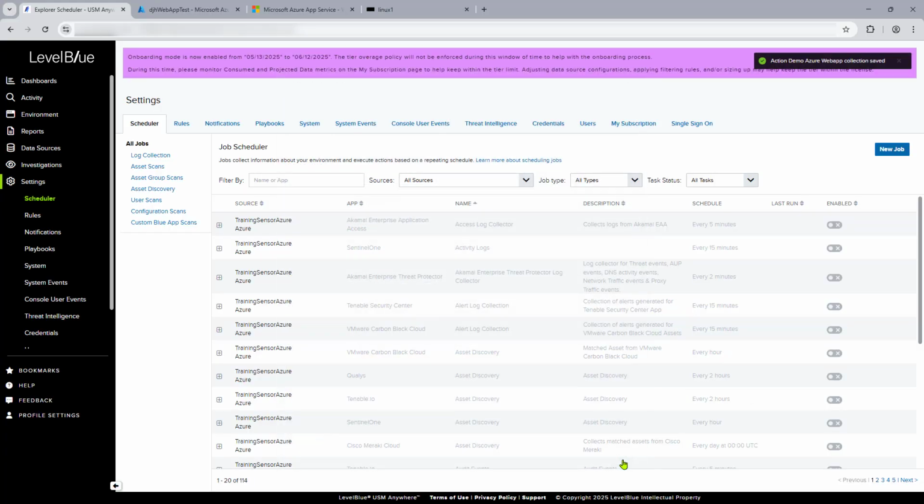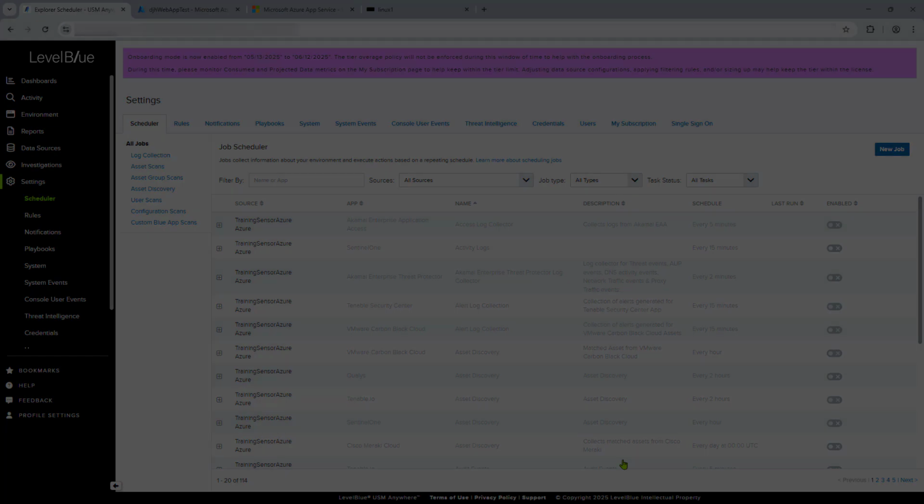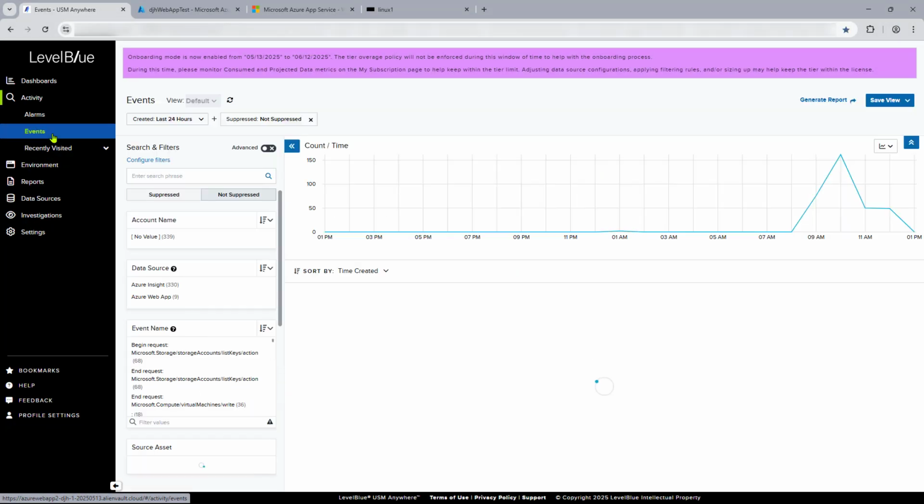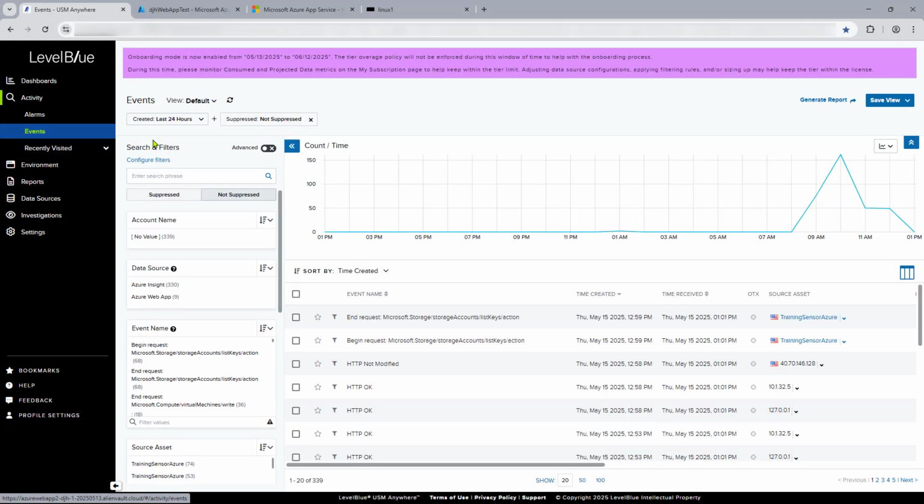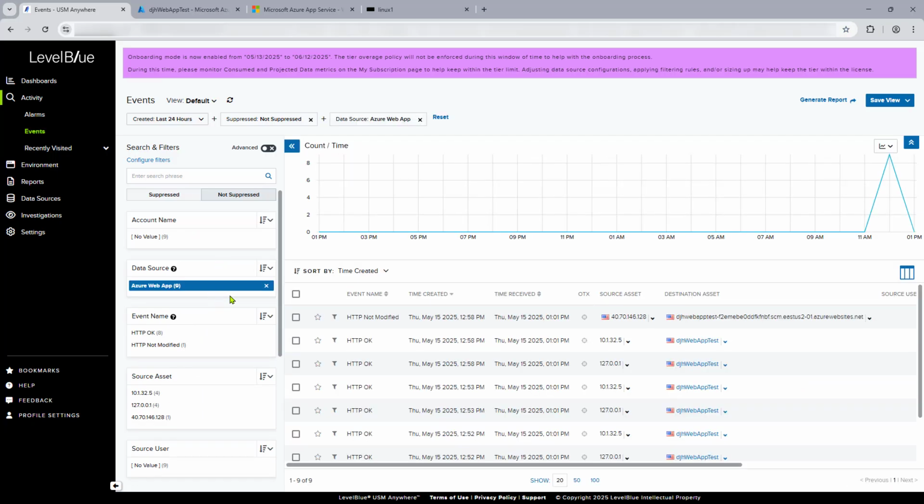So now we'll pause the video and go back to the events page. Here on the bottom, under data source, we can now see the Azure Web App bringing in some data